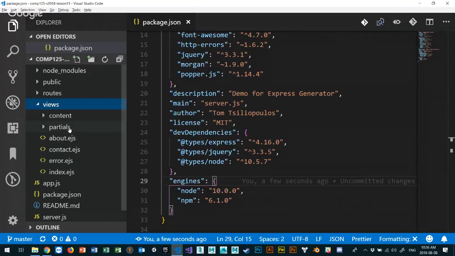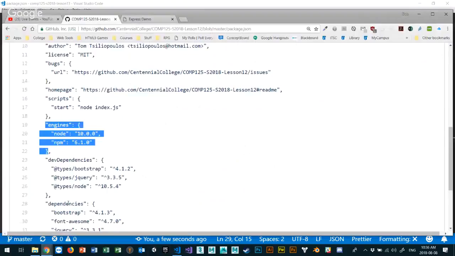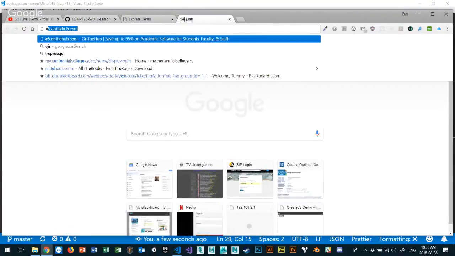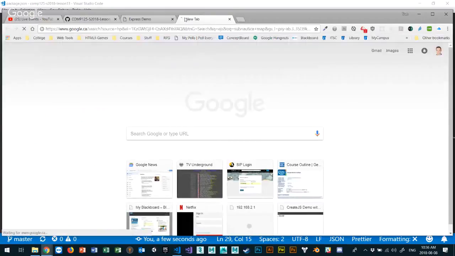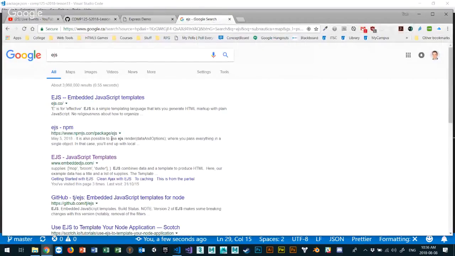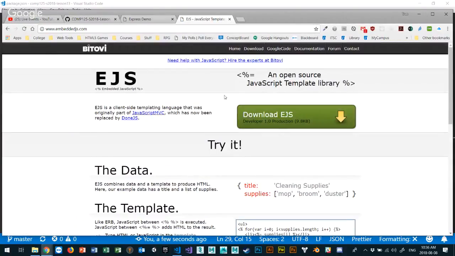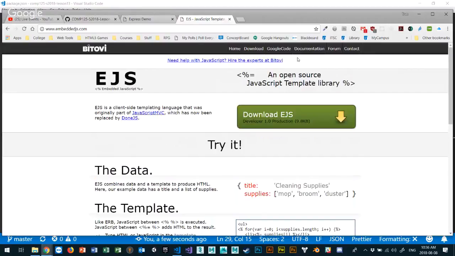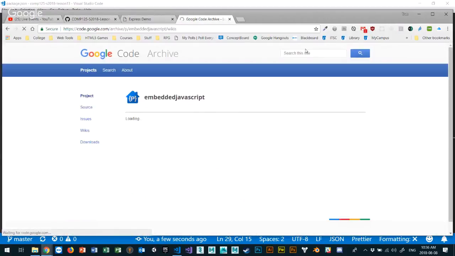So one of the things when you create a partial file is, let's take a look at EJS. So if I go to EJS again, it'll take us to embedded JavaScript, embeddedjs.com, right? Remember that it gives us a little bit of documentation on how to do stuff. And one of the things we want to do is do an include statement. So if I go to documentation for EJS up here,